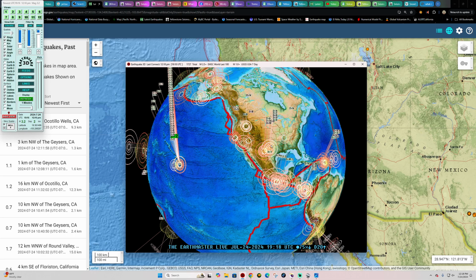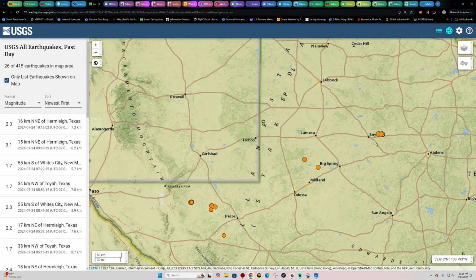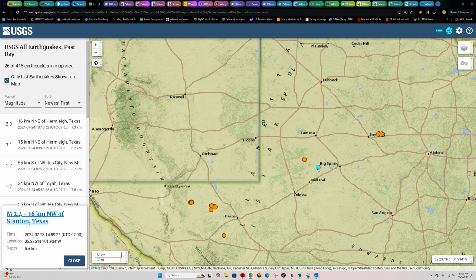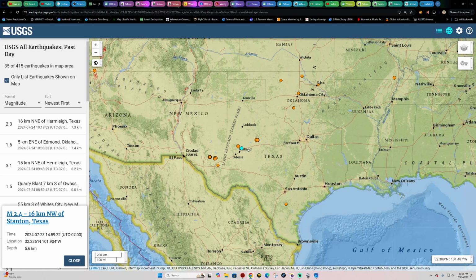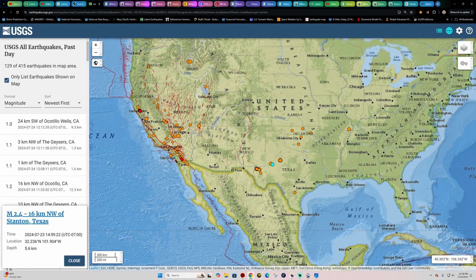And Texas area, looks like we're still seeing a little bit of activity out here in the oil fields. In between these two areas, they're getting hit a little bit near Big Spring. So that will continue. Pressure obviously can migrate through continents. It's always underneath strain. Continents are always underneath strain. Plates here are